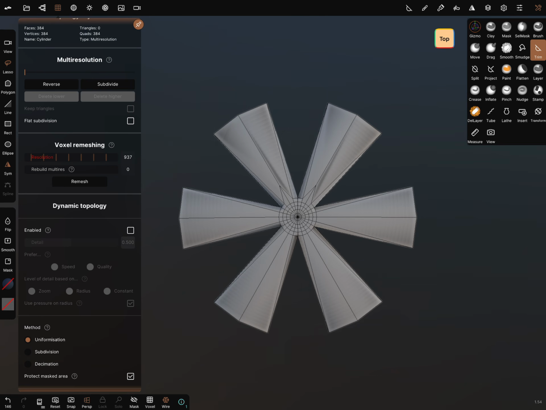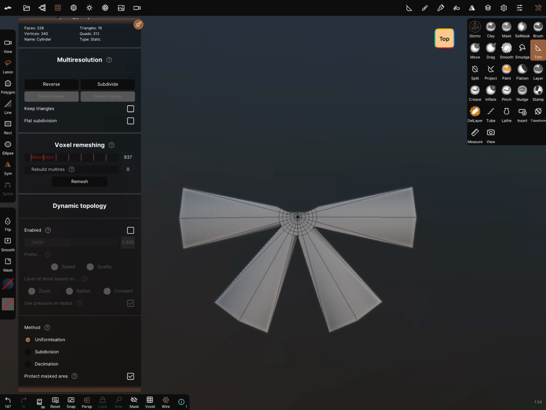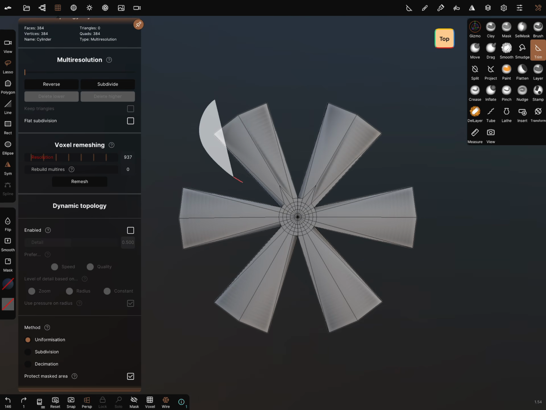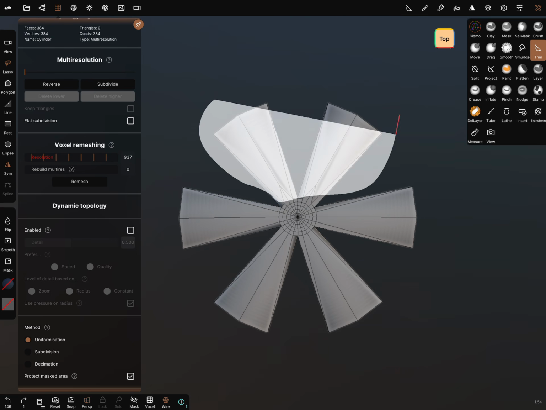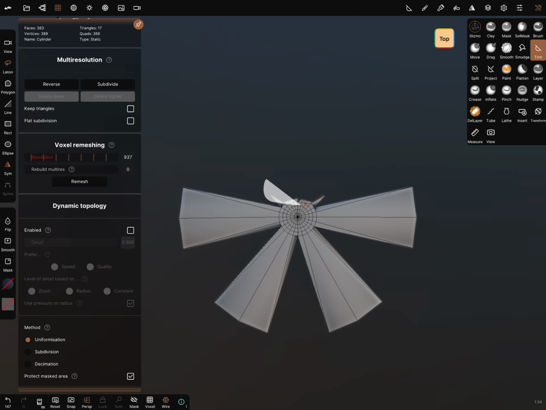Okay, I leave the symmetry on and I test it. It's not okay. Hole filling is off, that's okay.